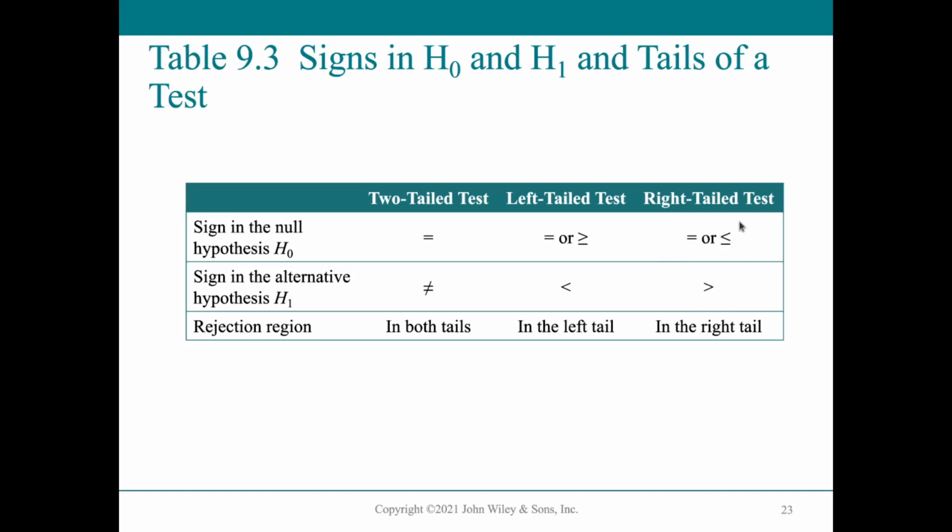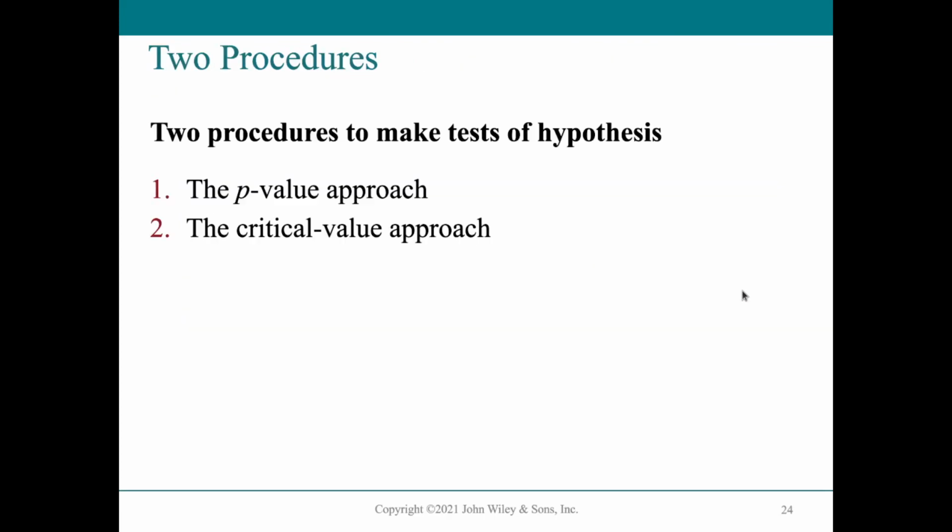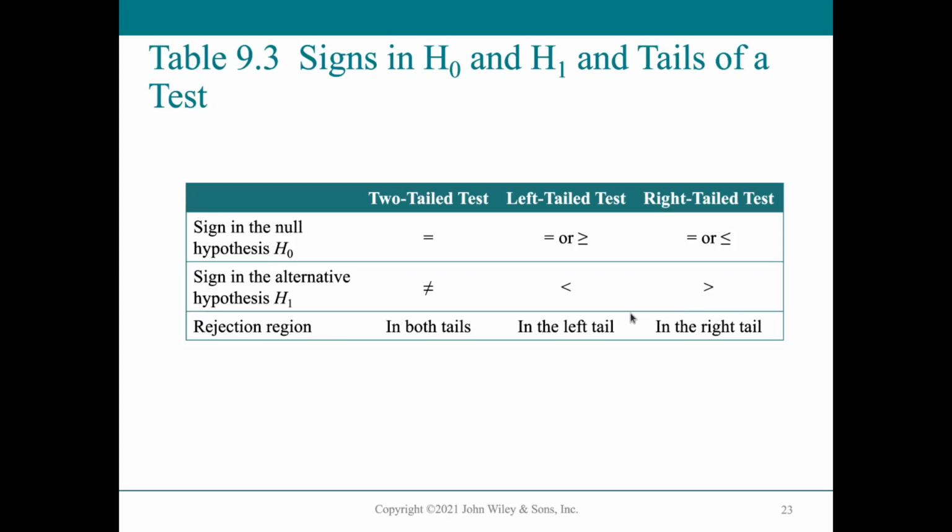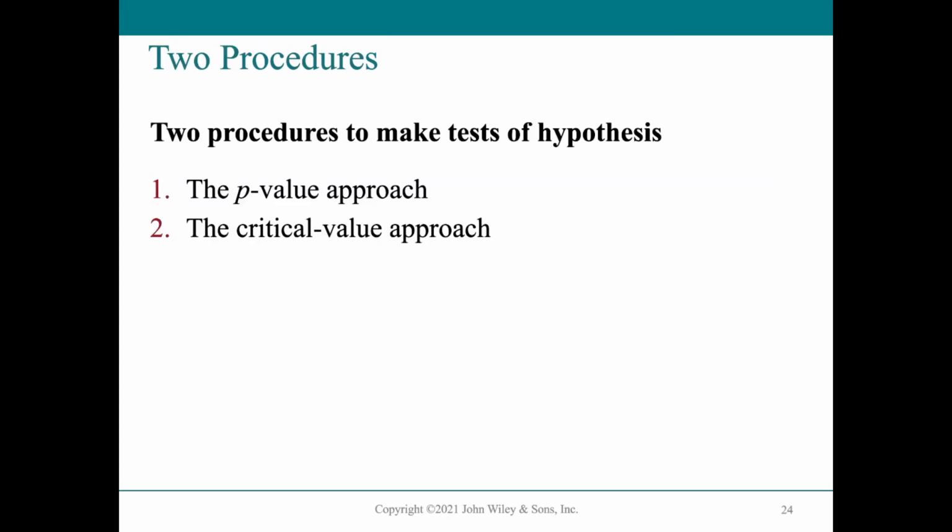We are not really interested if it's less than. So whether it's equal or less, it's not an issue for the null hypothesis. The alternative hypothesis for the two-tailed test is not equal to. If it's a left tail, it must be less than, and if it's a right tail, it must be greater than. So that's it for the tails of the test, and in the next part, we will talk about